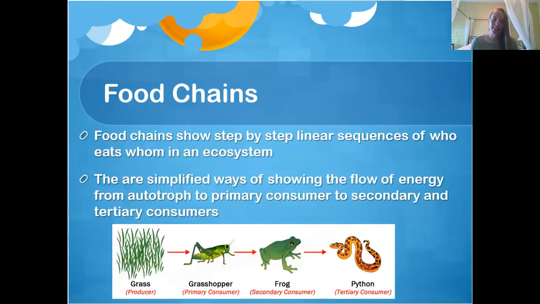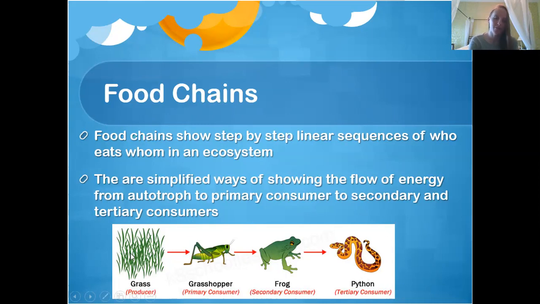So a food chain is how we show a linear sequence of who is eating who in an ecosystem. And they're very simplified ways of showing the flow of energy. So in this example here, we have our autotroph or our producer, which is in the first trophic level. We go up to the second trophic level, which is our primary consumer, the grasshopper, up to the third trophic level, which is our secondary consumer, the frog, and then our fourth trophic level, which is the tertiary consumer, the